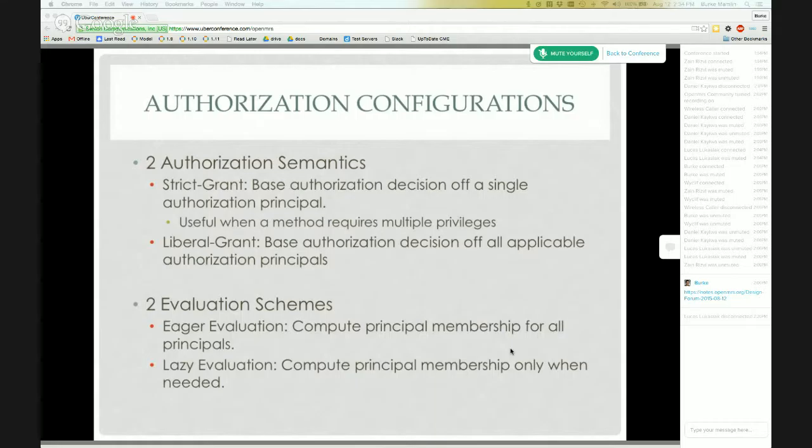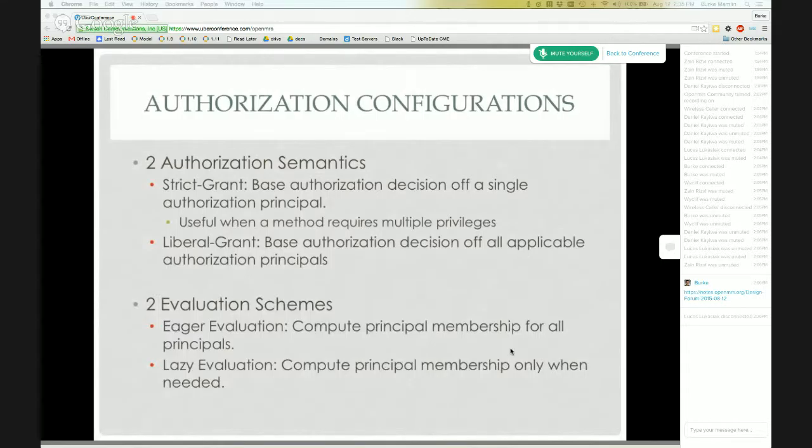One is the eager evaluation. This means that when ReBAC authorization is being computed, the algorithm first computes membership to all authorization principles. It checks for every single authorization principle if the user is a member of it or not. So this is the long way of doing things because it requires computing principal membership for all the principles, and that is a costly process.